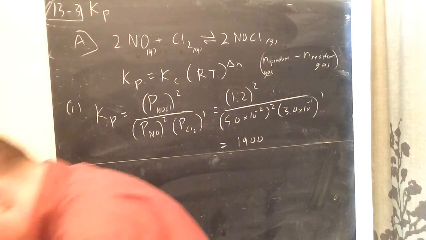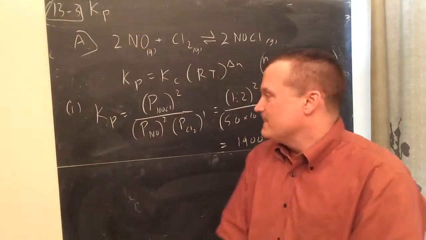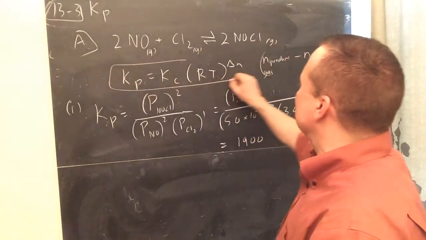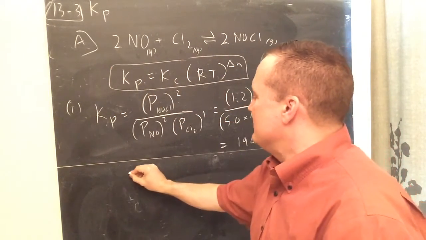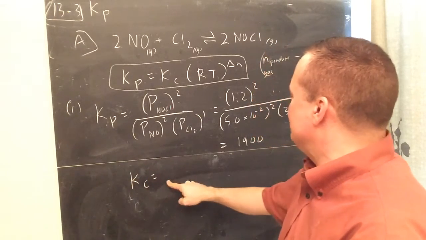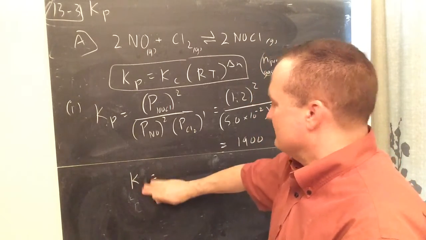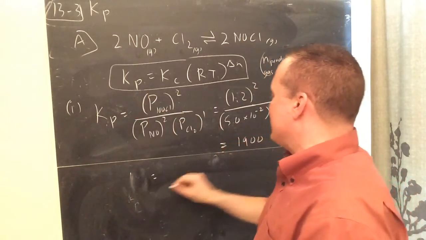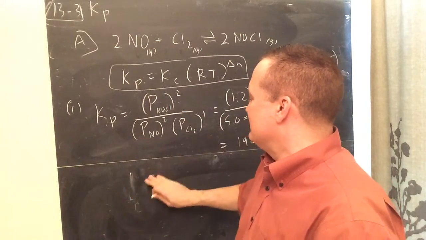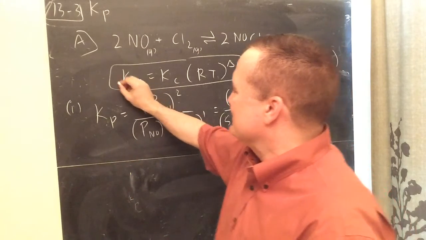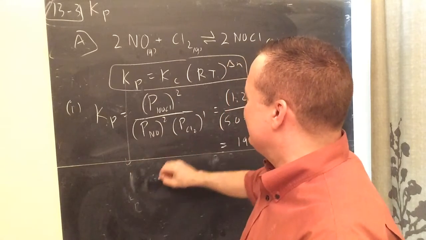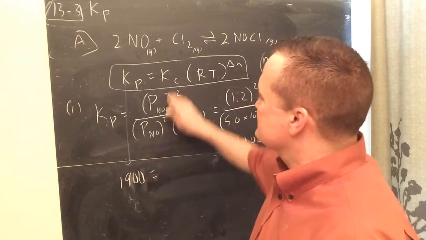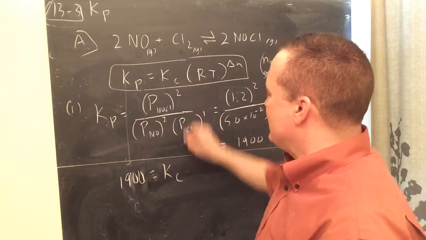So then it says, how would you calculate Kc from this? So we use the equation, and I've got it up here. Hope that didn't distract you when I did the work here. We know the Kp, so plug in the Kp, 1900. I hate to write it, I don't have much space, but I'll just go straight down here. Kp is 1900, equals Kc, which we don't know, times